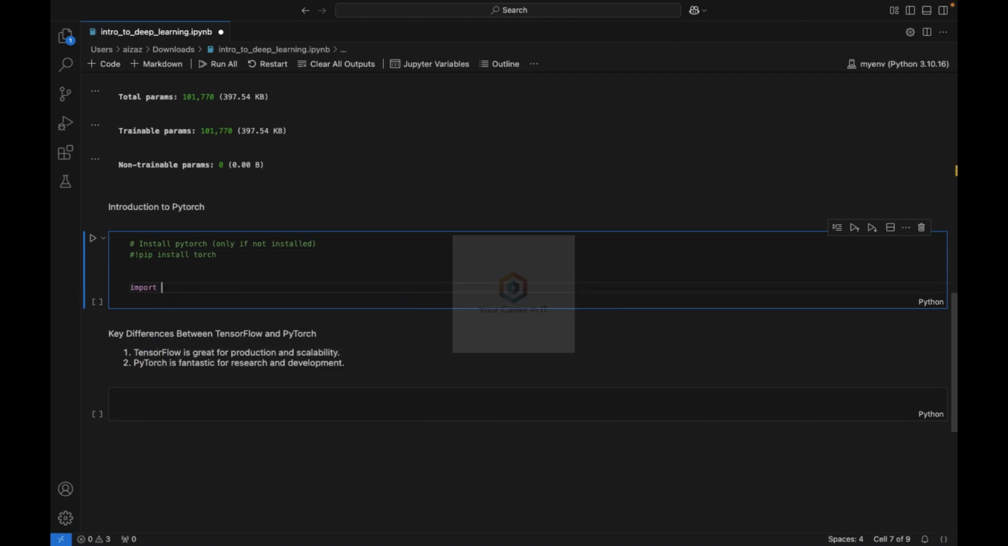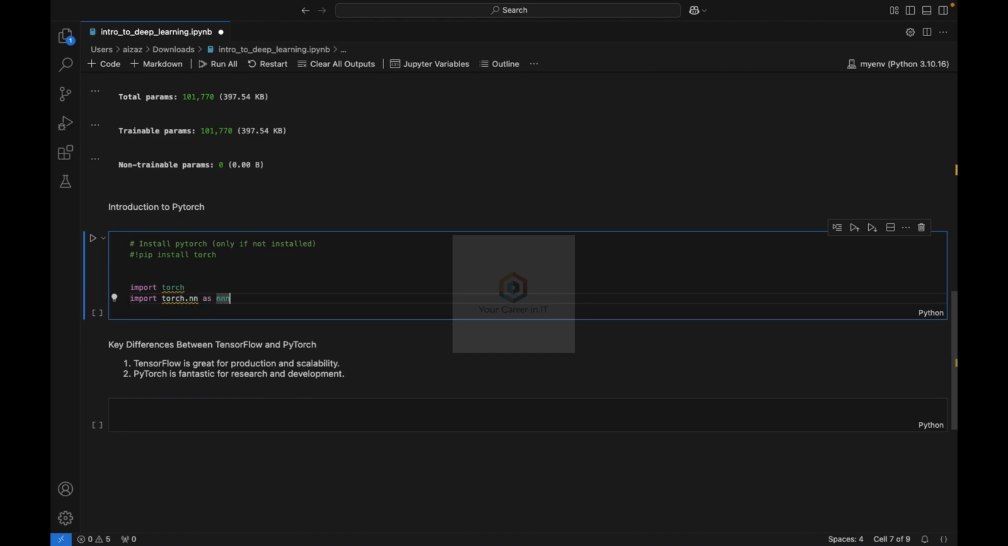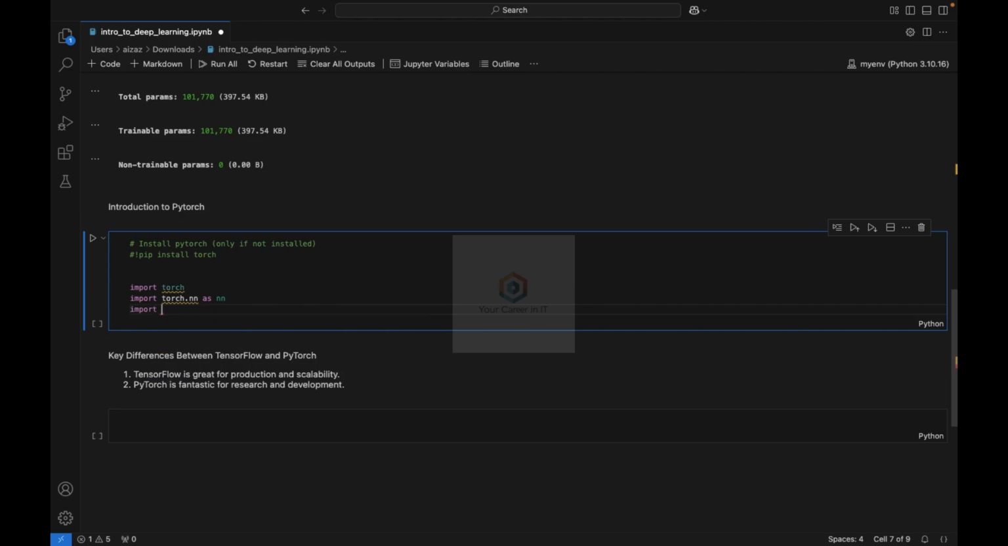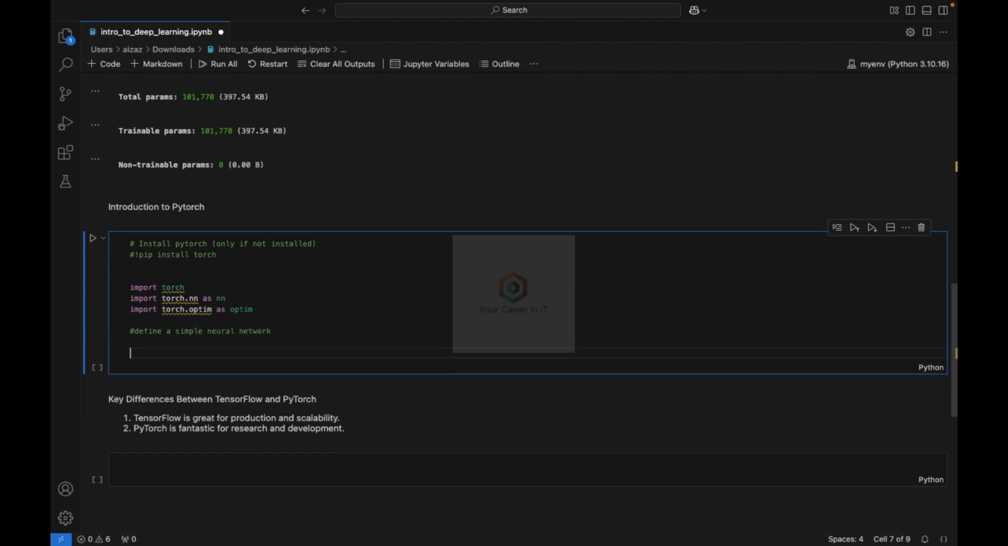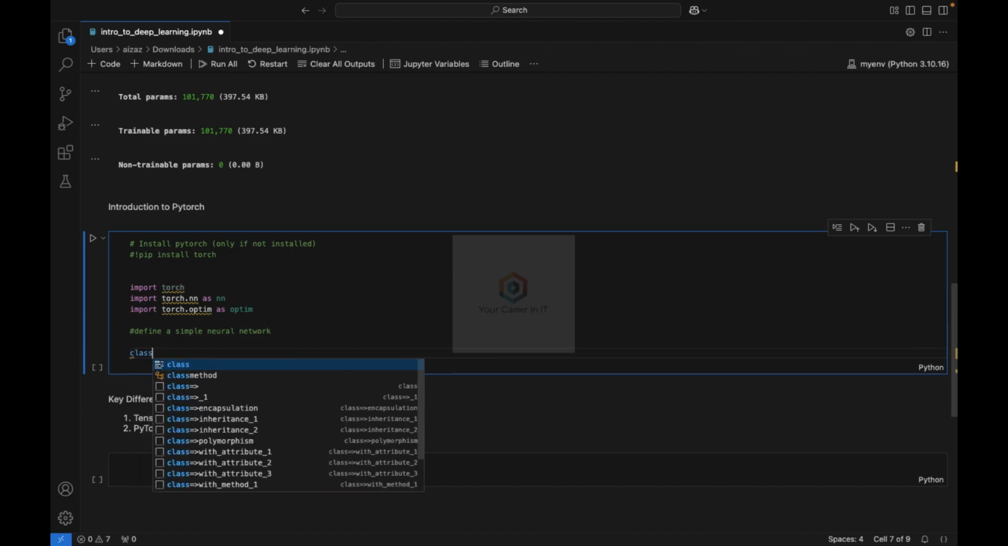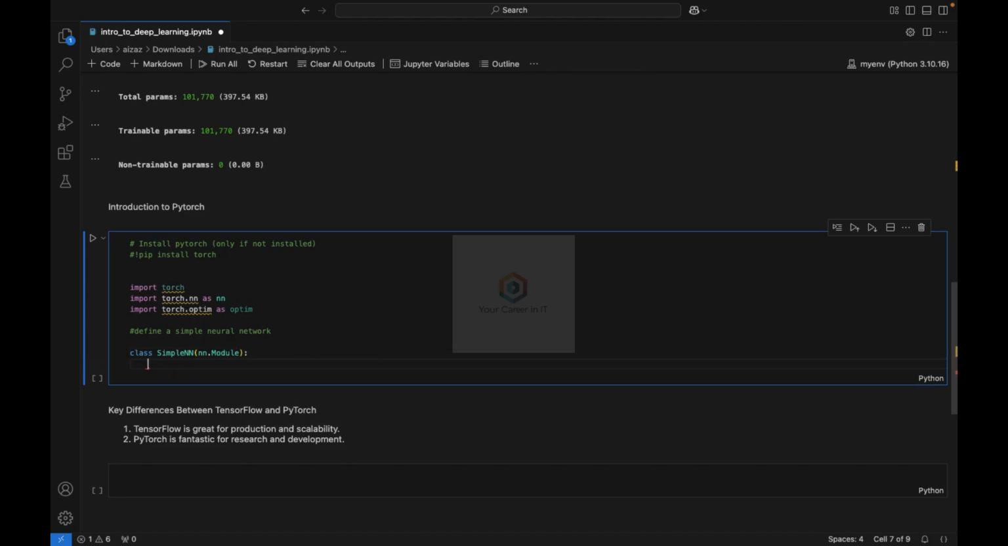Okay, first we import our libraries. Import torch, and the second one is import torch.nn as nn. Okay, the third one is import torch.optim as optim. Okay, now define a simple neural network. So for this we make a class SimpleNN. Now pass the argument nn.Module. Okay, here we define a function __init__